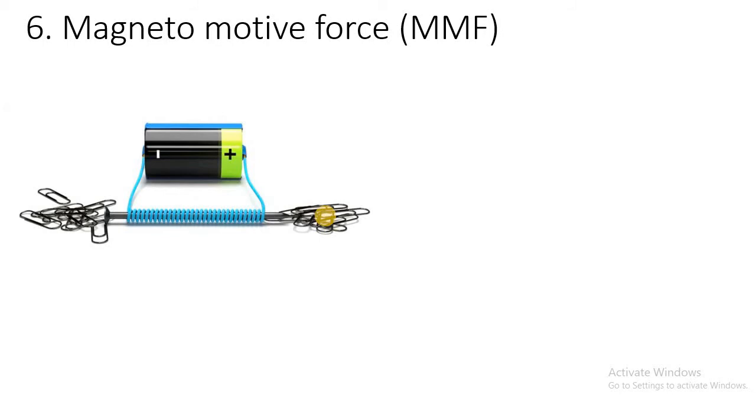Now if I make some changes, so that instead of the 5-volt battery, I connect a 10-volt battery, I have increased the voltage of the battery to 10 volt. So what will be the effect? If I have replaced 5 volt by 10 volt, what will be the effect? Will the current be 0.1 ampere, less than 0.1 ampere, or greater than 0.1 ampere? Yes, give me the answer.